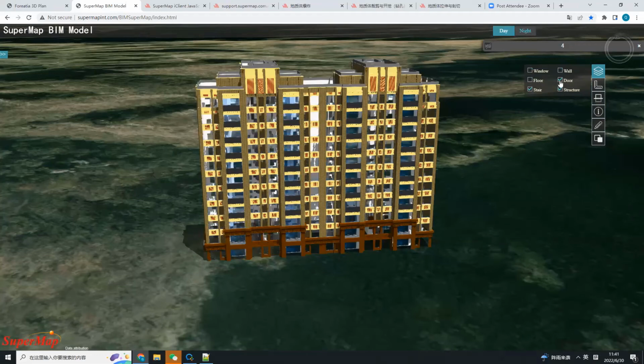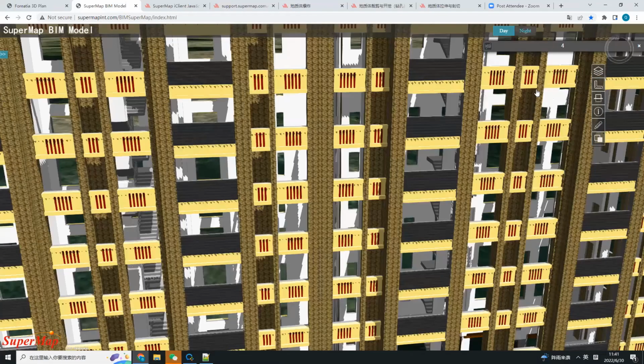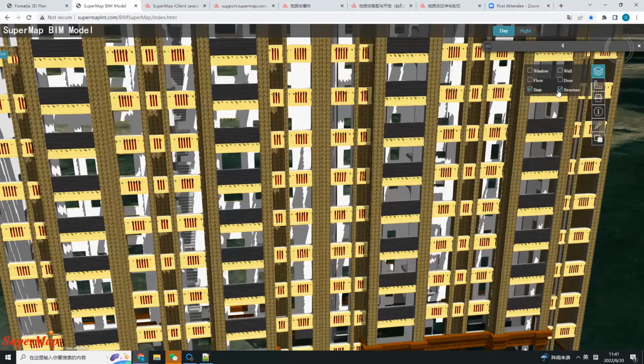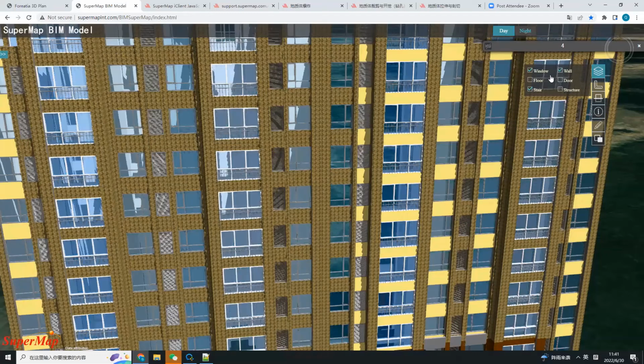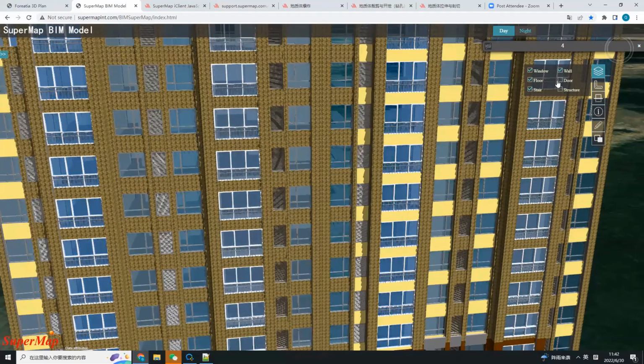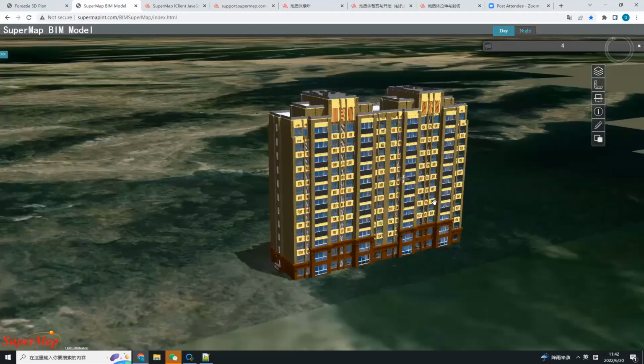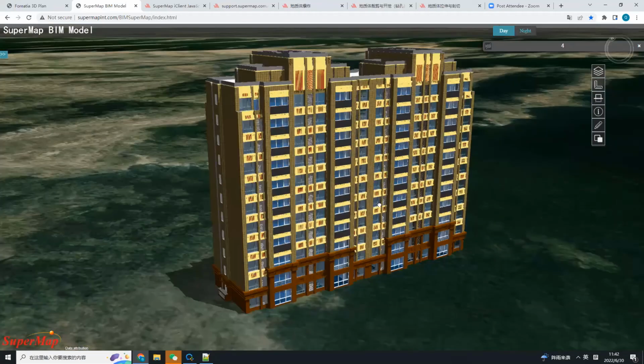the layers of visibility. Here also, we can control the structure of the windows or the wall, floor. So, and also here I want to